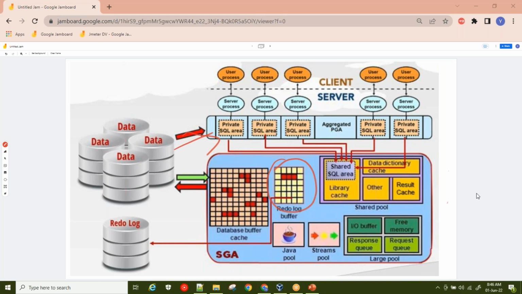We will see this in detail as we progress, but for now just know that whenever a table or data is altered, whenever a write process happens, that same thing will be written to the redo log buffer at the same time, and it will be stored by the redo log buffer inside the redo log. So whenever any table alteration happens, it will write inside the database buffer cache and also inside the redo log buffer. So whenever you need to redo it,